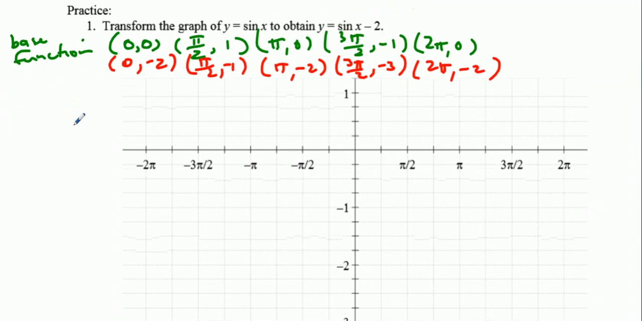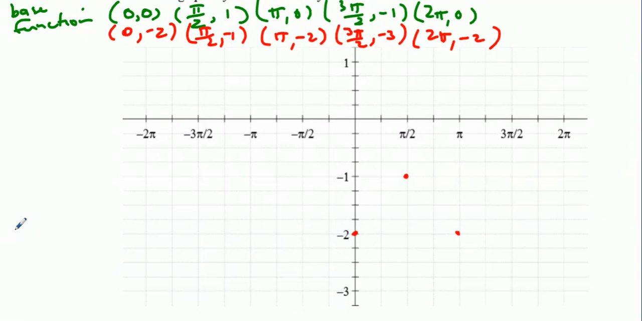and we'll plot those points. So 0, negative 2, pi by 2, negative 1, pi, and negative 2, 3 pi by 2, and negative 3. This still should look like the sine curve, right? All that's happened is it's been shifted down 2. And so you can see,